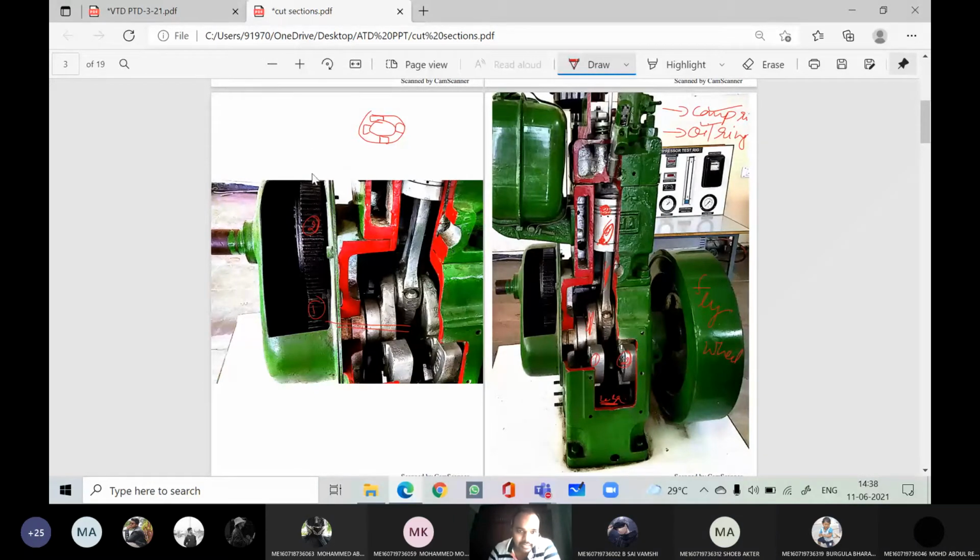The second gear, the gear mounted on the camshaft, has double the number of teeth, right? Let us say if the crankshaft gear has 50 teeth, the camshaft gear has 100 teeth. Therefore, the speed is exactly half. For example, if the crankshaft rotates 2 RPM, the camshaft rotates only 1 RPM, a speed reduction. Next figure it will be clear.